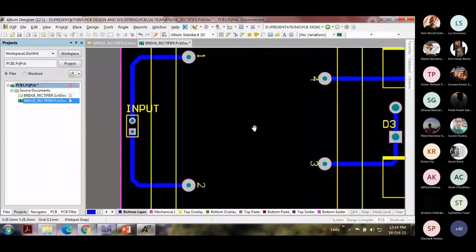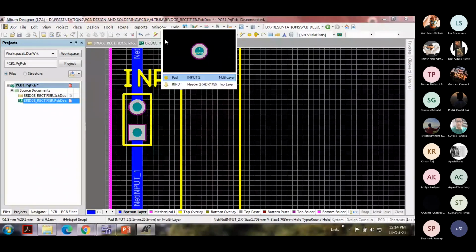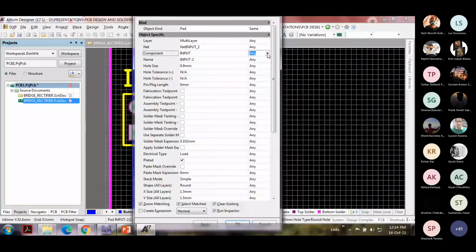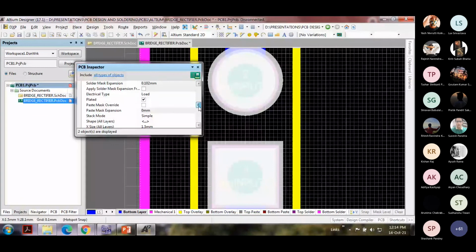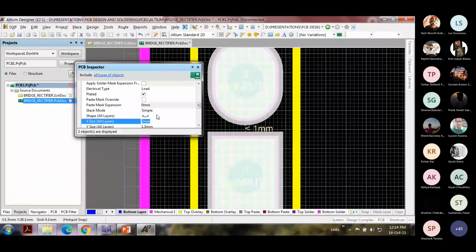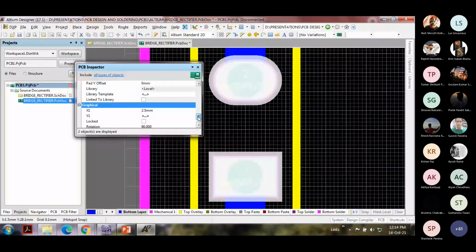But still, I'll try to do that in the horizontal direction. This is wrong. Keep it 1. Next, the Y direction, I'm going to change as 1.5.